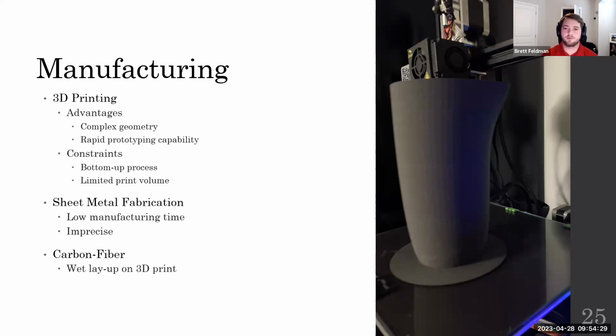Next, we used sheet metal fabrication. Sheet metal fabrication was used just for its low manufacturing time. It was fairly imprecise, however, due to sheet metal's nature, it's very bendable and was able to be rebent and reshaped post-manufacturing. And then lastly, for the carbon fiber, we chose to do a wet layup on top of our